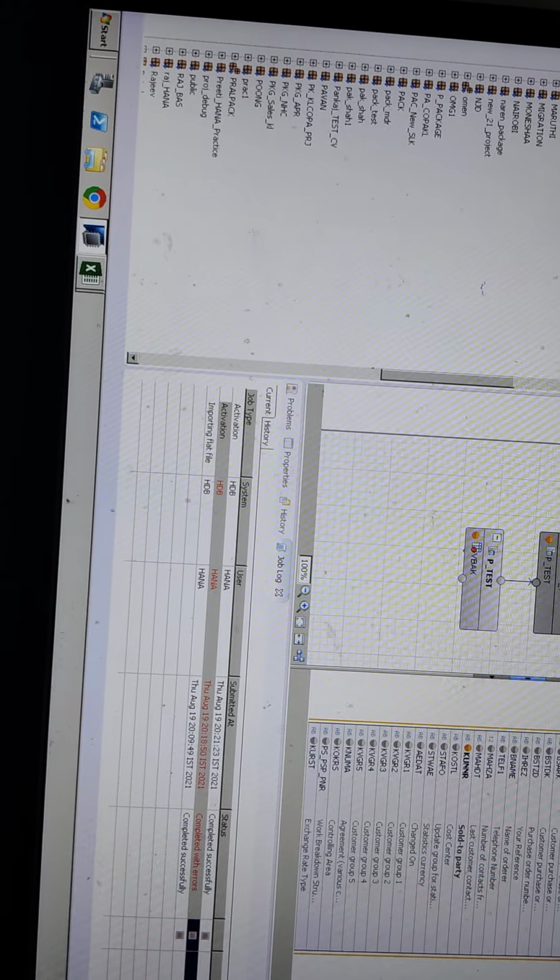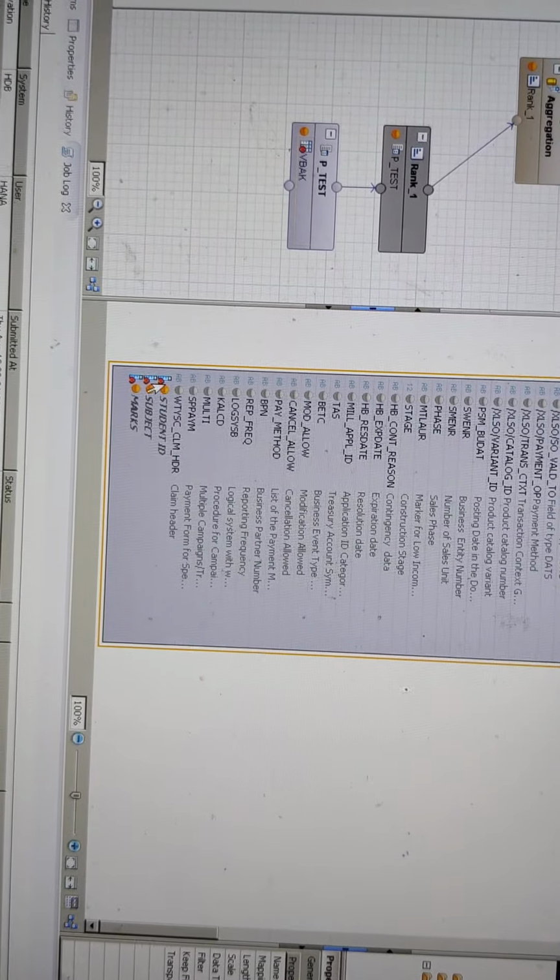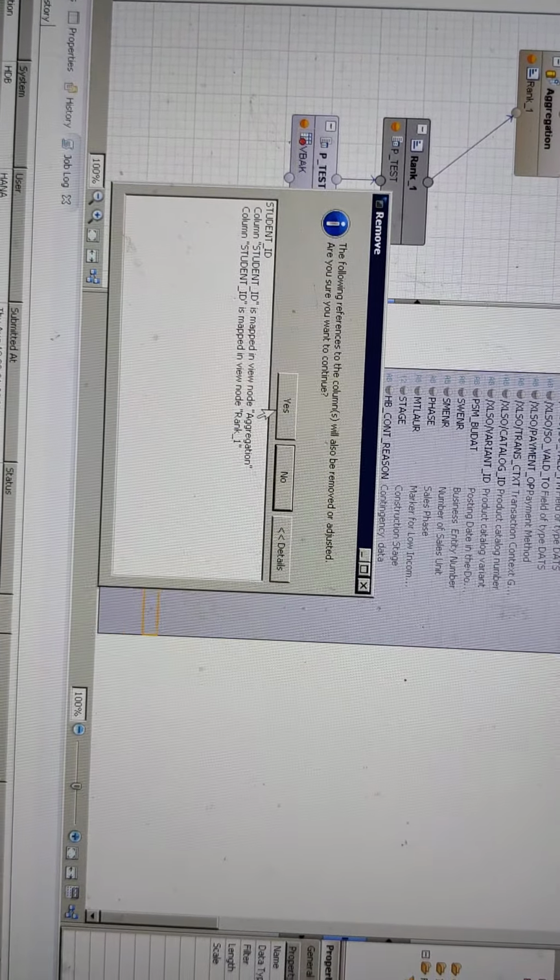Now after selecting this, why did I get red? Okay, I need to remove. Okay, here I got these three things we have selected before, right? So just drag it here, remove it.